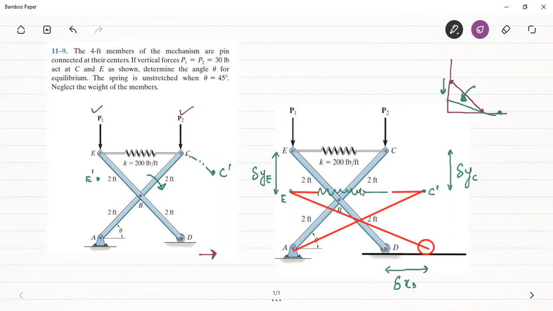If the spring was extending in both the directions, then the spring force would have been shown, one in this direction and one in this direction. But here the spring is undergoing the extension only in the right direction, because E point isn't moving. E point still remains in the vertical direction. E point moves vertically downwards. Only C point moves in this direction, in the right direction. Therefore, the restoring force will be shown in this direction.